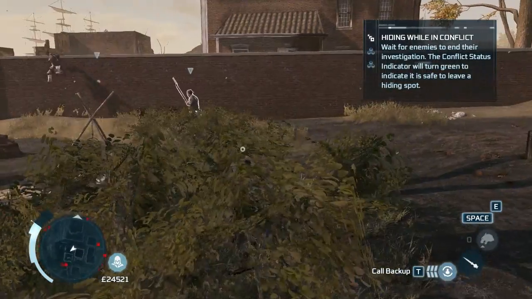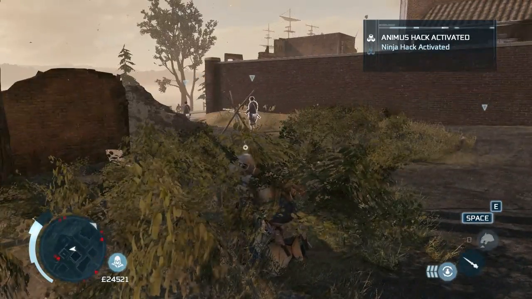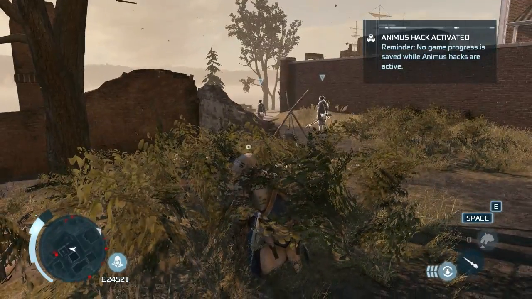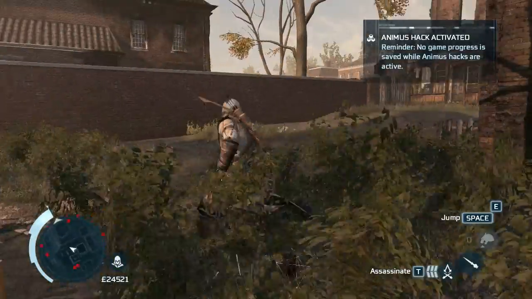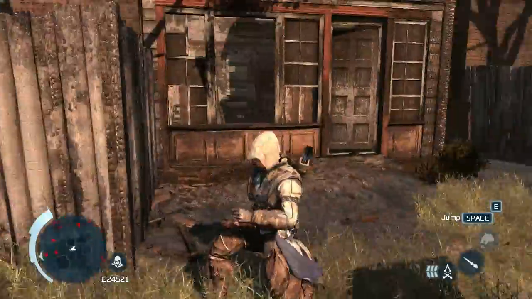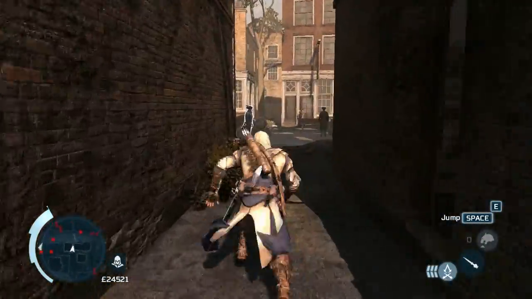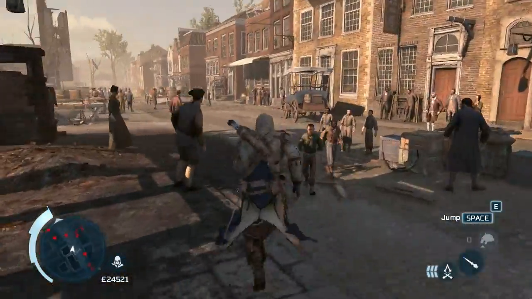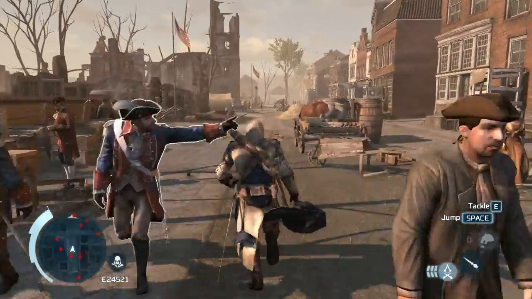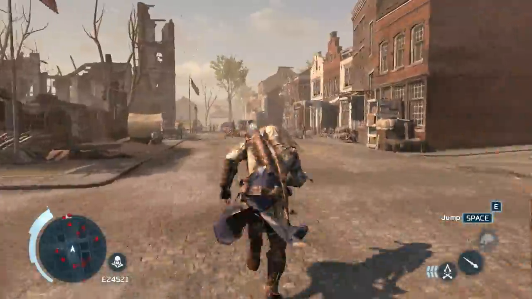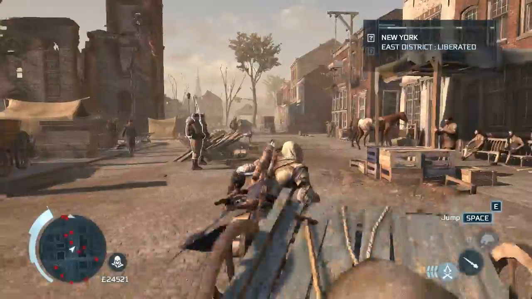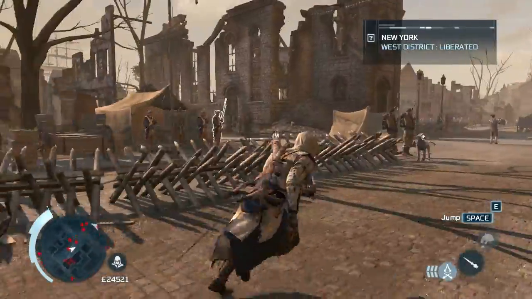So I don't know precisely where Wall Street begins and ends. Do they see me now? I am hacking. Alright, let's go. So Wall Street... So Trinity Church was at the corner of Wall Street, right? So is this Wall Street that I'm on now, or does Wall Street go the other way? I think Wall Street goes the other way, right? I'm going north-south at the moment. Maybe I am on Wall Street.